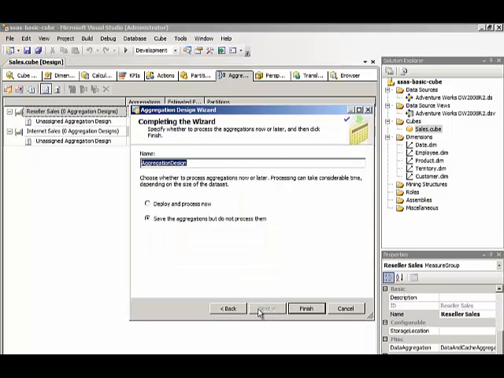So we click Next, and then on the final page of the wizard, we give this a name. I'll call this Aggregation Design 30, and then we can deploy and process now, or we can save the aggregations and process them later. So processing just reads through our fact table records and calculates values according to the aggregation design. Let's save the aggregation so we can just look at the design at this point. We'll finish the wizard,